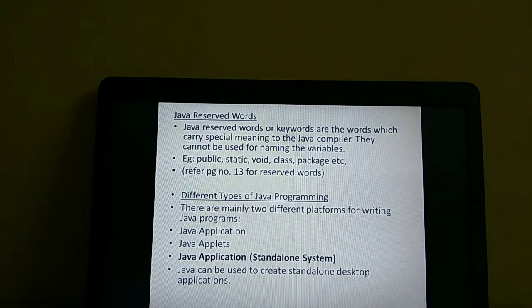They cannot be used for naming a variable. I told you this also in your 8th standard, that whichever reserved words you have cannot be used as a variable name. Okay. Next examples are public, static, void, class, package. All these are your reserved words. For more reserved words, refer to page number 13 from your